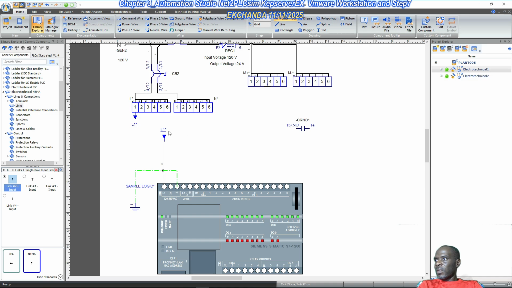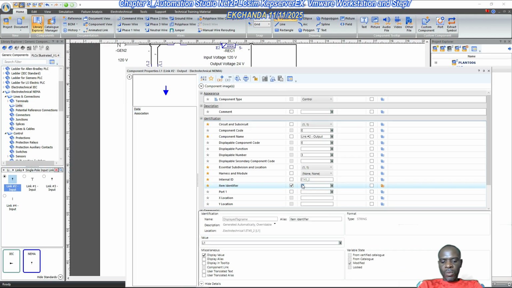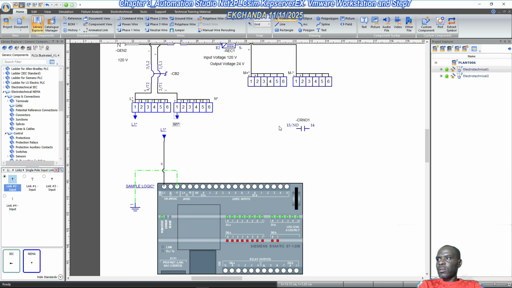So this is L1, and then for the neutral, I'm going to come to the neutral block. I'm going to need another output link. So I'm going to double click on this, then this is going to be N1. I'm going to come to data and call this N1, like so, and then I'm going to need another input link. So I'm just going to copy this to that position,